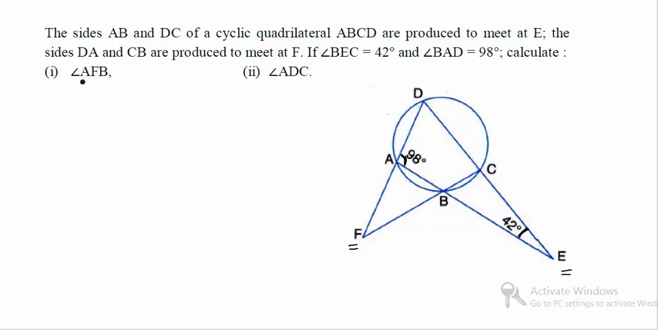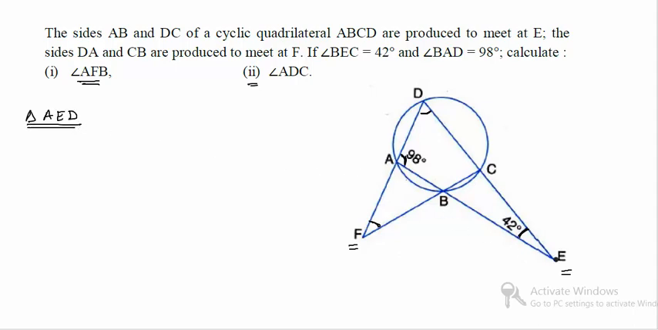We have to calculate the values of the angles AFB. AFB is this angle, and ADC. ADC is this angle. This is the question. So now, the easiest thing that you can observe in this particular question is that if you look at triangle AED,